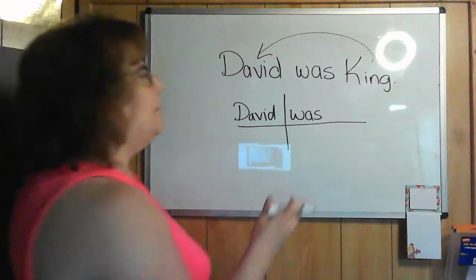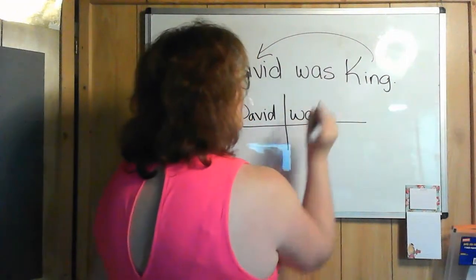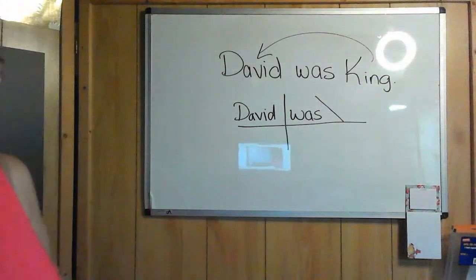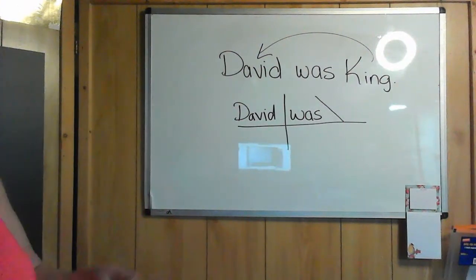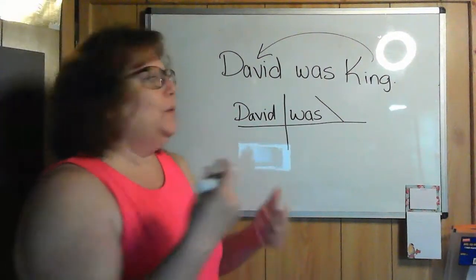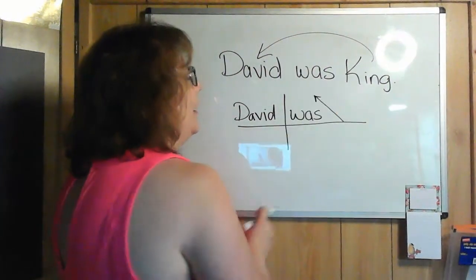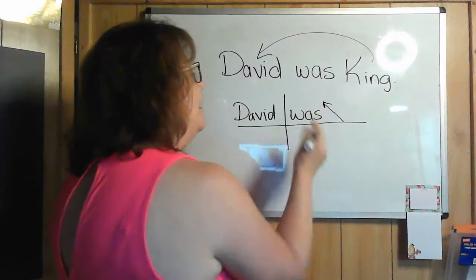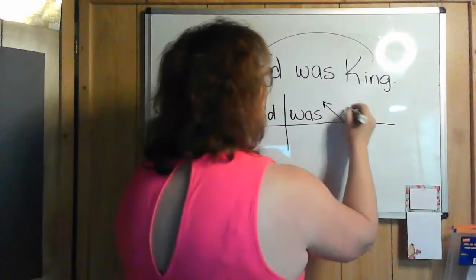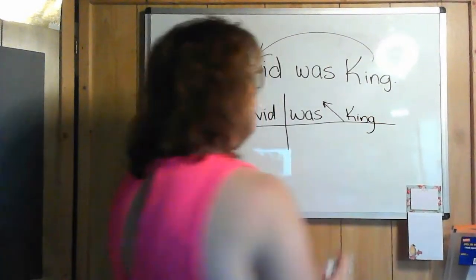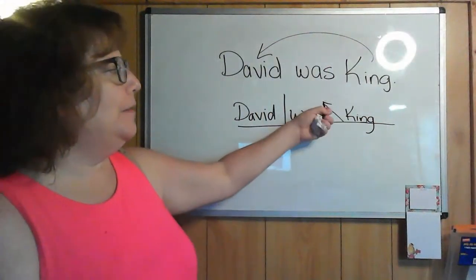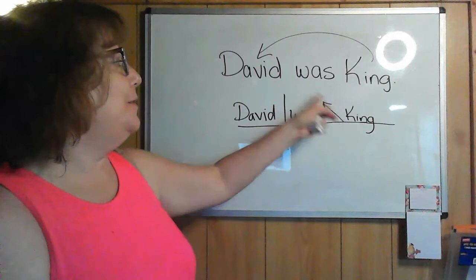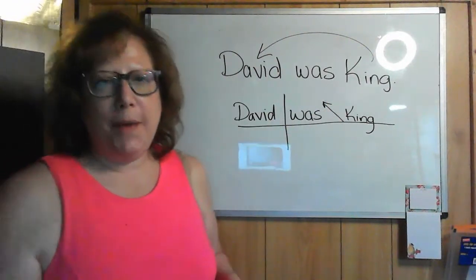But then most of us know about that up and down line. But this is not an up and down. It's going to be a slanted back line. And I always tell people this is like slanting it back to what it's about. So I always like to put a little arrow. You don't have to put the arrow, but it reminds me to put that slanted line there. So it's going back to David, and then over here is where I would write king. So again, this is not something that the English gods have said you have to do with that arrow. I like to use it because it reminds me that it goes all the way back there to David.